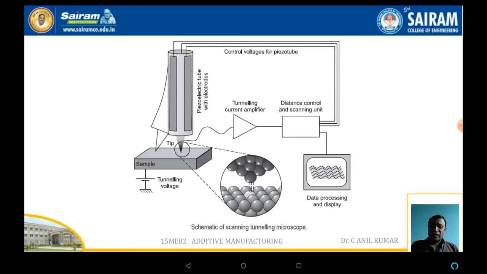This slide shows the scanning tunneling microscope, which works on the same principle, but instead of the cantilever beam, here the piezoelectric tube with an electrode arrangement is displayed. That electrode is connected to the decoder, where the movement of the electrode is converted into a voltage from the piezo tube, and the same is detected and converted into an image,